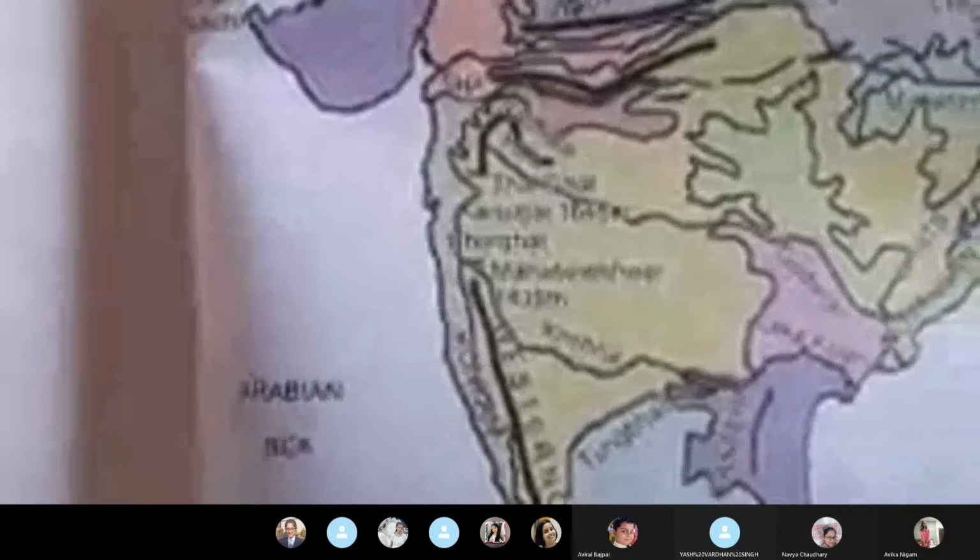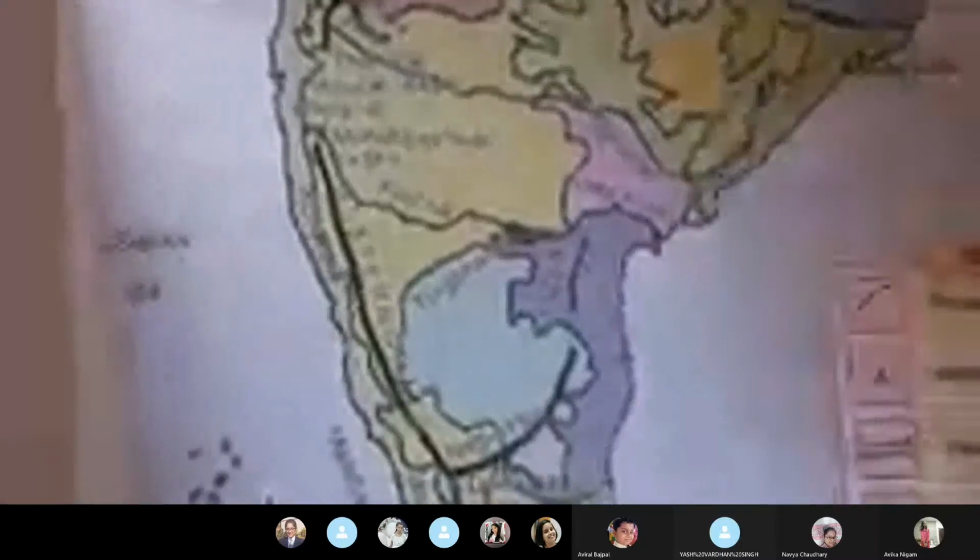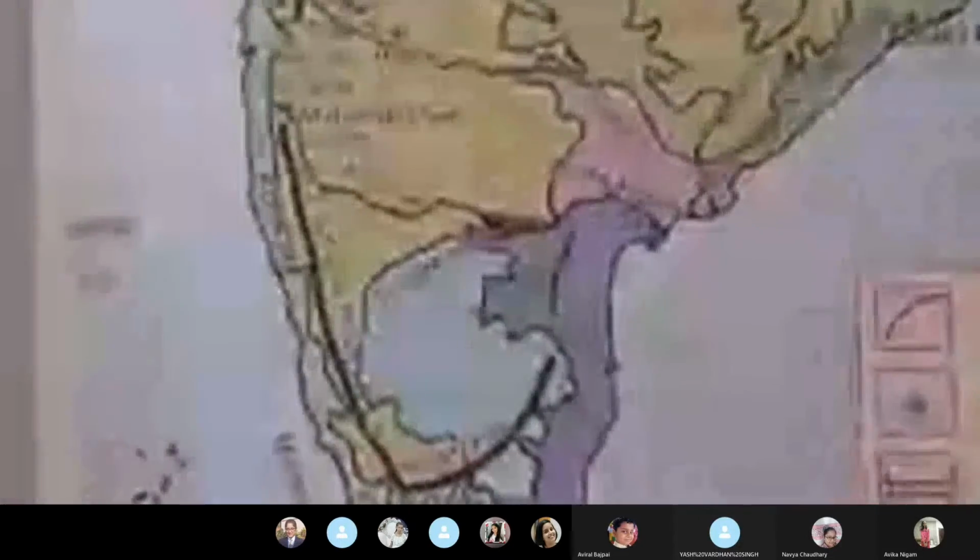Otherwise, you can locate them, and Anamalai also. Okay, so these are the Western Ghats which are surrounded by hills. Okay, then we have